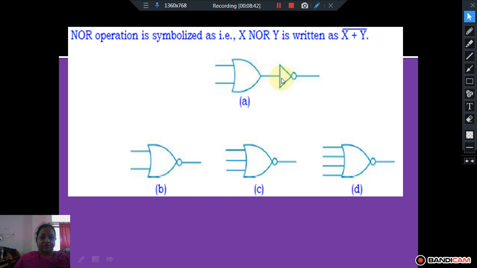That is, if the output of OR is connected to a NOT gate, then with two inputs x and y, the OR output will be x plus y, and if this is connected to a NOR gate, the output will be the complement of x plus y, whatever we are getting.